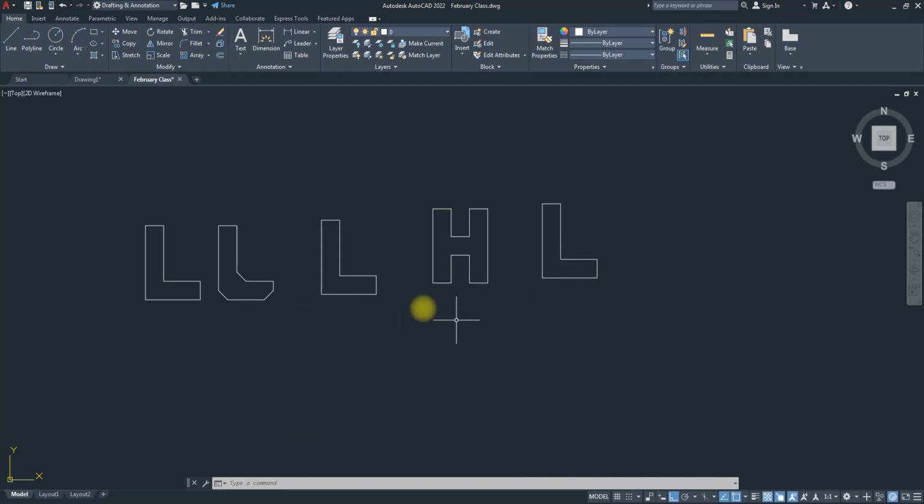How do I know? If I put my mouse on this and leave it for a while, it's going to read line and give me all the properties it has. If I come to this one, leave my mouse a little bit, it's going to read polyline and give properties. But still, they look alike. So why is that? They have differences. Now, one of the differences is that whatever object you create with lines